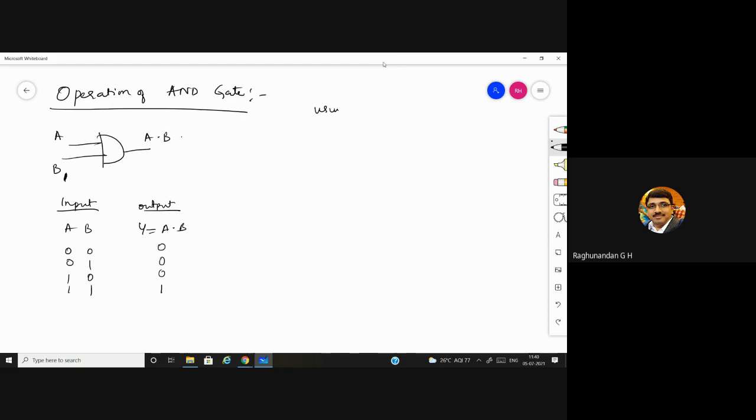And they'll be asking for realization using switch. So for this, we are going to use two series switches, and we are going to use one battery. So these are the two switches A and B, which are going to act as input, and this is the bulb Y. This is the input power supply we are having.